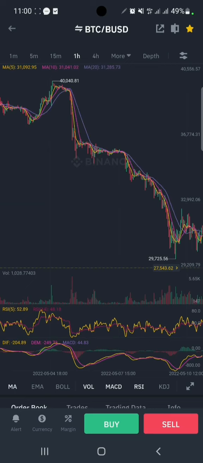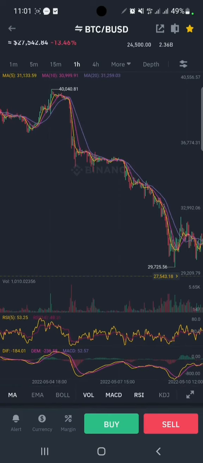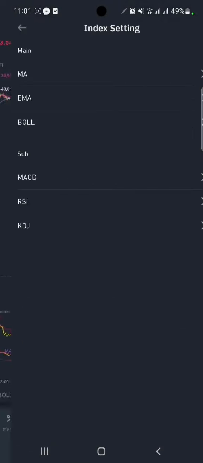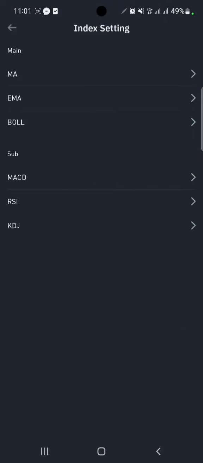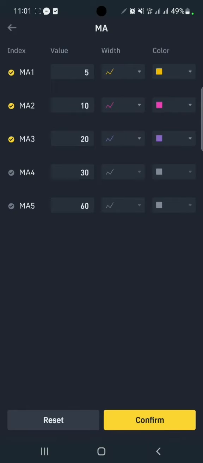So moving averages here, you can see if I turn that on, I have my moving averages. To set it up again, you go to the setting icon, tap indicators, and you go to main. That's on the chart itself. The indicators on the chart itself are the ones under main, and you tap the MA. So what setup do I have going on here? The values are 5, 10, and 20. The smaller the value, the closer it